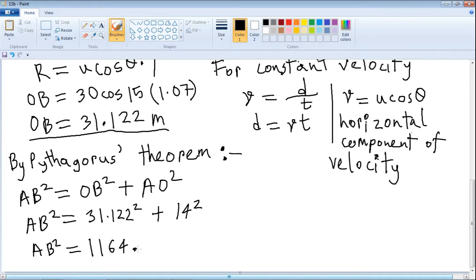This is a decimal, okay? My handwriting is not so bad. So AB is equal to root over 1164.579,